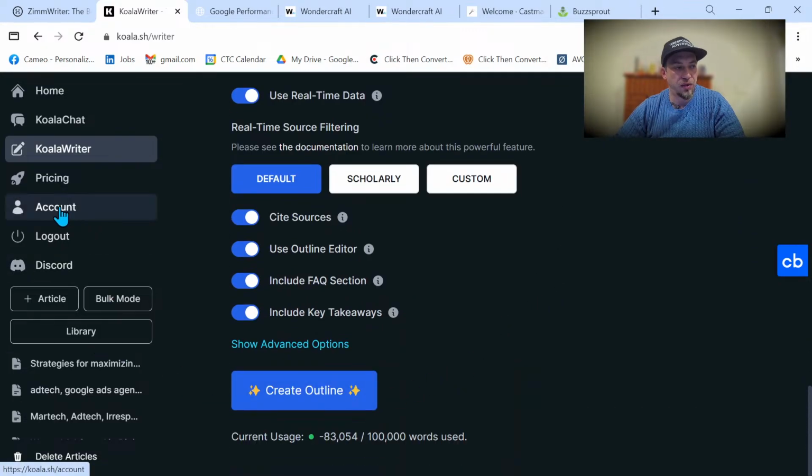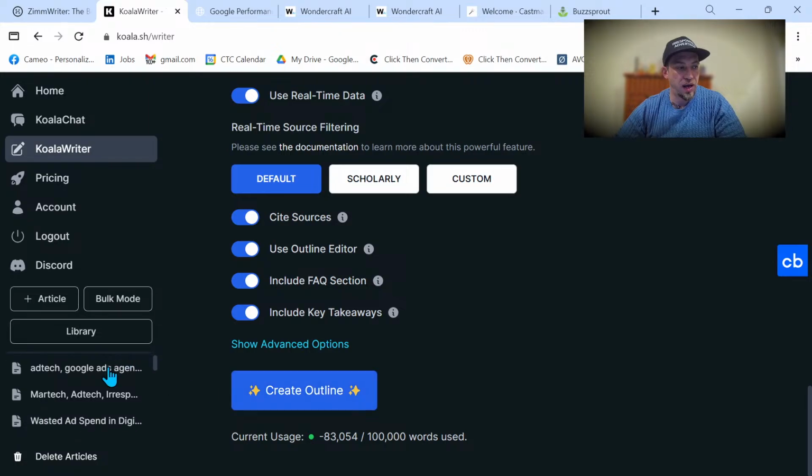You go into your account, and this works with WordPress. I don't know what else it works with, but it works with WordPress. Actually, if you have questions about how to set this up, it's super simple. You go into your account settings, and then you go into your WordPress admin, and grab your secret key and your app key, and you put your login into here. So, and then I'm going to create the outline.